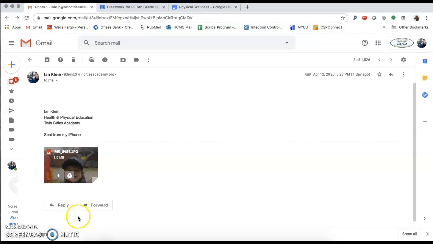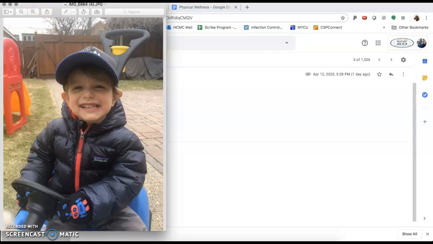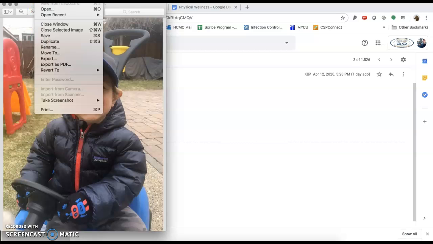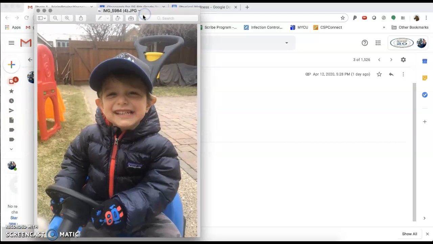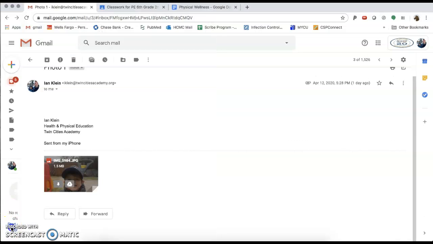Once the image downloads to the bottom here, you should click on it. Click on File in the drop-down menu, and then Save. Some of you will be able to save it directly to a downloads file or be able to download it to your desktop. Make sure that you can access it easily. So for me, what I did was download it to the desktop. Once you know where the photo has been downloaded to, go back into the document,